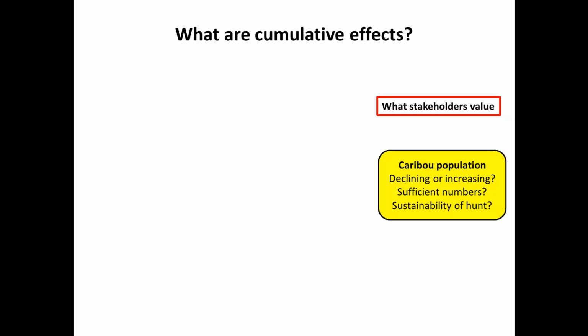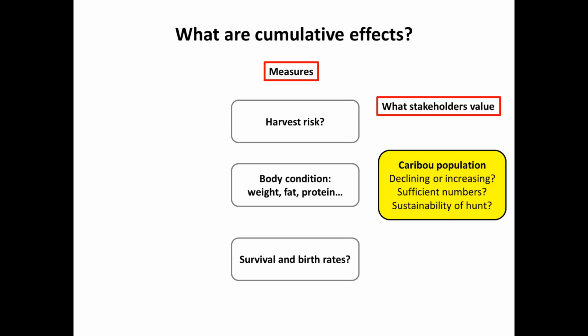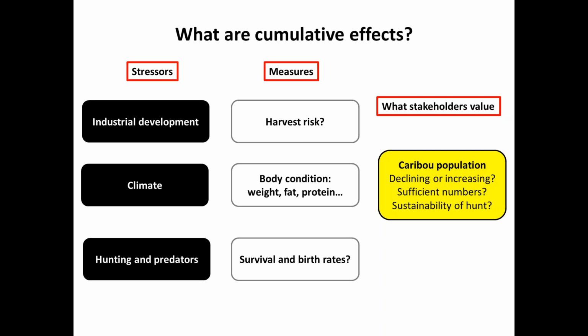Once we have these questions, we can then think about the measures that affect the answer to these questions. So these measures might include things like the risk of harvest to an individual caribou, the body condition of an individual caribou, things like its weight and its fat and protein reserves, and survival rates and birth rates of caribou across the population. And once we've thought about these measures, we can then think about the stressors that will ultimately